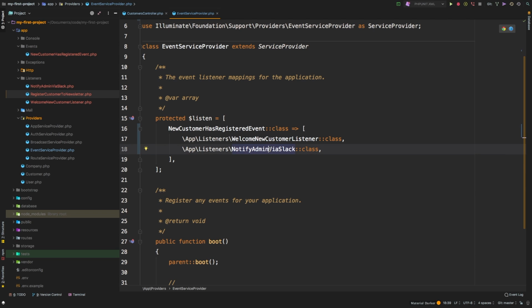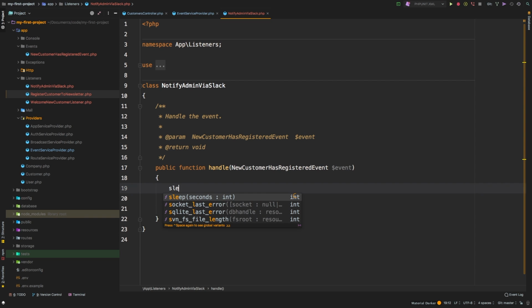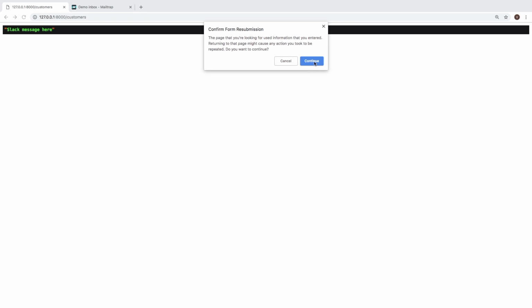On a very, very last note, right now we are running this class and all of these events are just running right away. But we're going to talk about queuing, and what we're actually going to do is we're going to defer these listeners for later on. We're going to let our application take care of those off to the side, not blocking the user. Because if right now, for example, in my notify admin via Slack, if I just said sleep, hit save, come back, hit refresh, continue,